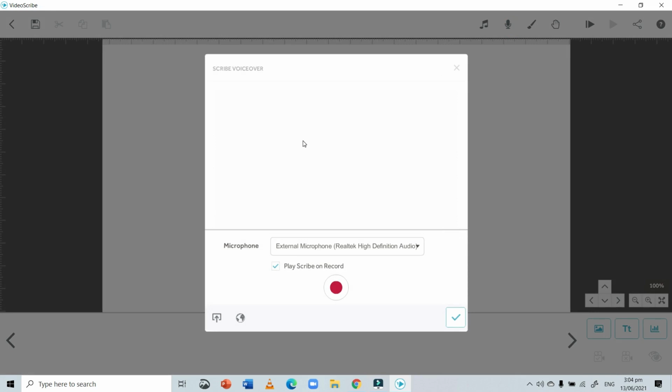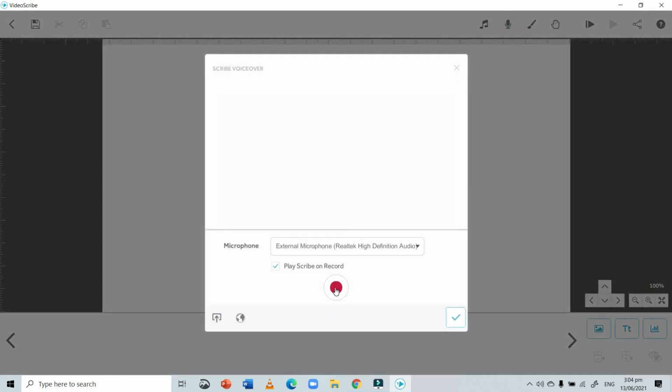And then if you need to add a voiceover, this is the second option over here, for adding voiceover. This is the button. When you click on it, the video starts playing over here in this preview area, and whatever you say will be saved against this video as a voiceover. Or you can just import an mp3 voiceover file, or you can import from the internet as well. So these 2 options are always there and you can make use of them.